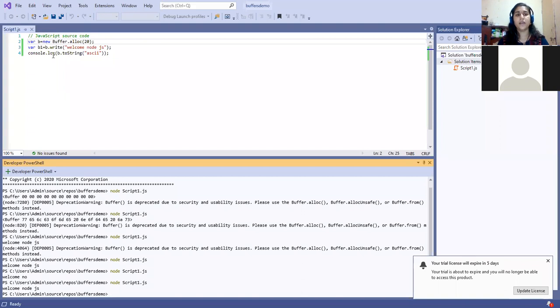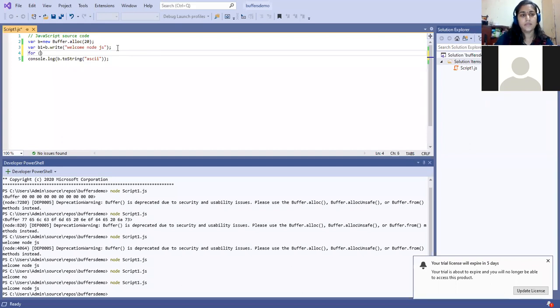Now secondly, we have seen how to read the buffer, how to read the content of a buffer. toString is the method that can give you the buffer contents in string format or in characters, in whatever the specified format is. In that it will appear in the output. Now instead of this, I can use a for loop for iteration. So how to do so? I can use for.